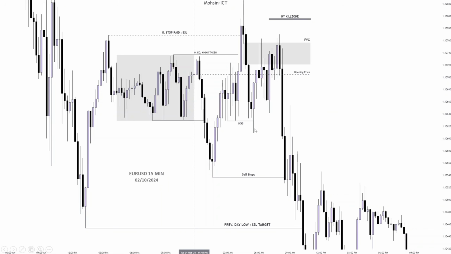We have already done a market structure shift. We are targeting the sell stops. So we can execute from any of these candles toward the sell side liquidity. This concludes our first example, in which our very first step was to look for the alignment of AMD pattern,